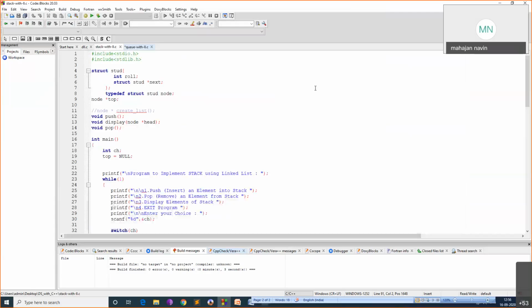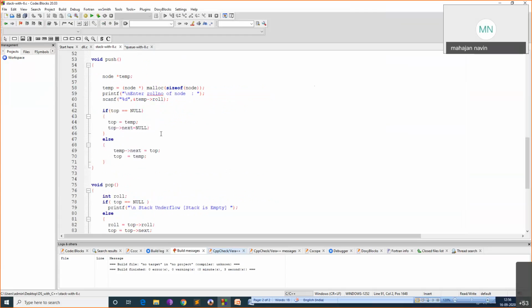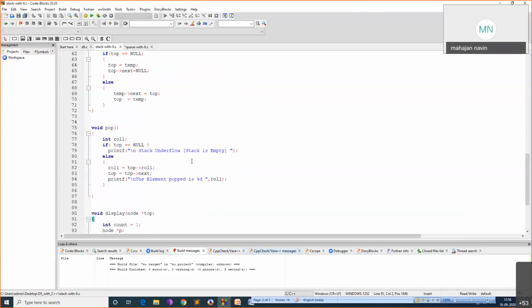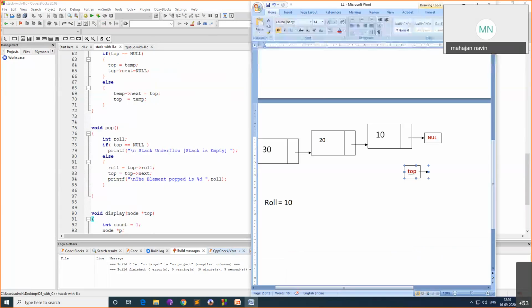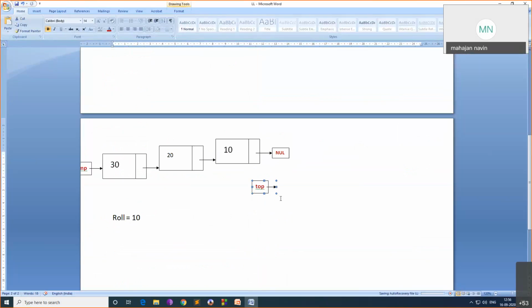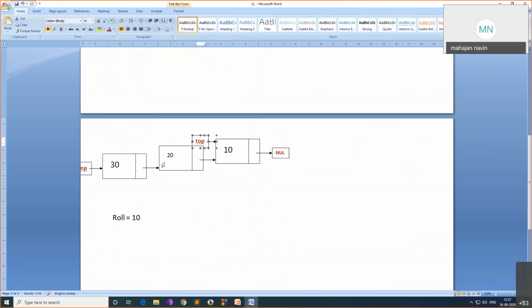Okay, we have seen this earlier also, but still I wanted to show you the whole program with switch case. So this is the stack implementation using a linked list. One thing is left here. While inserting, I was inserting elements one by one, but when I was removing elements, I was just moving the pointer top. But I should have removed this physical space also. Malloc will reserve memory, and that can be freed using the free command. So I will make that change here.